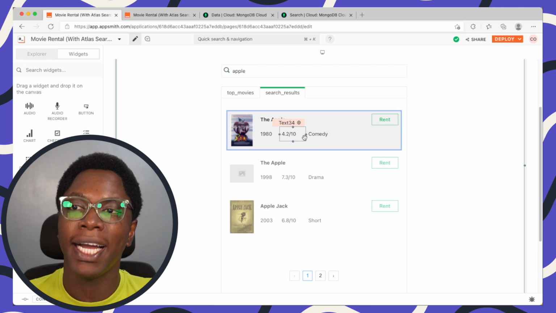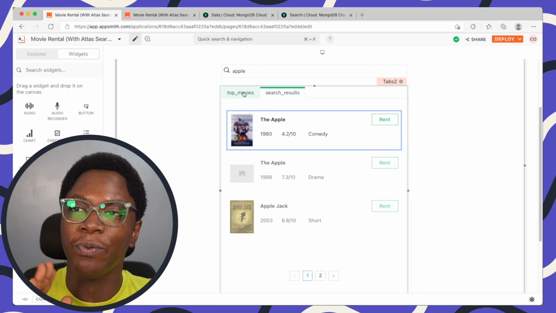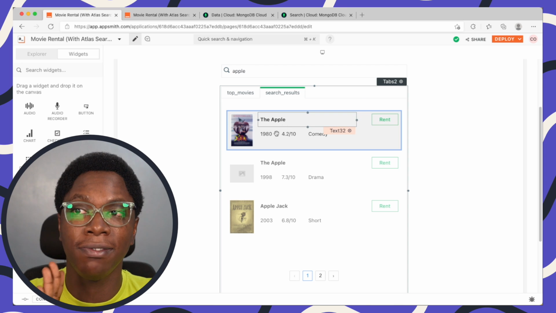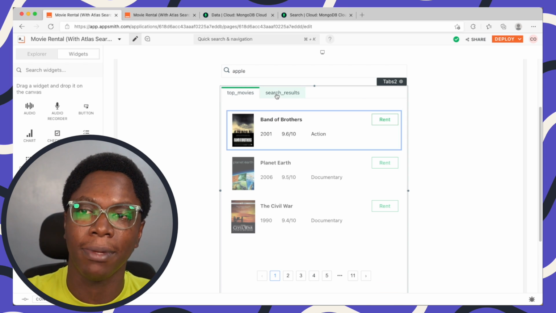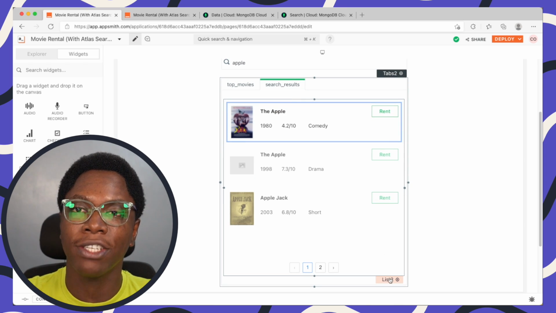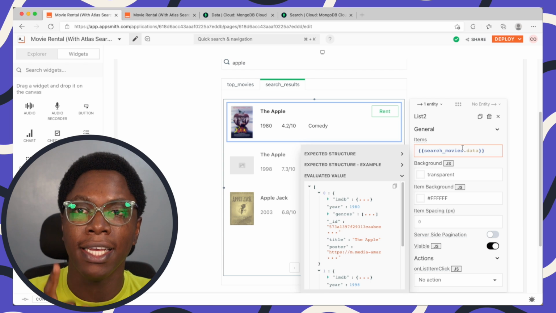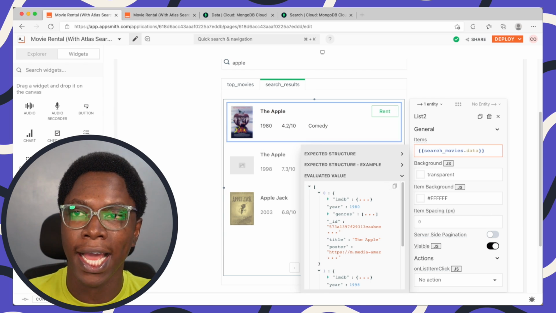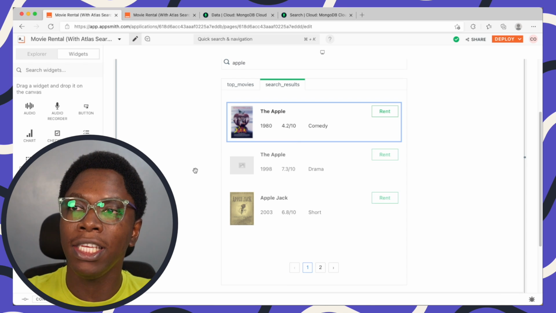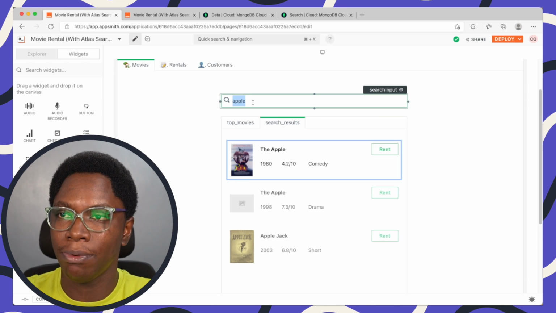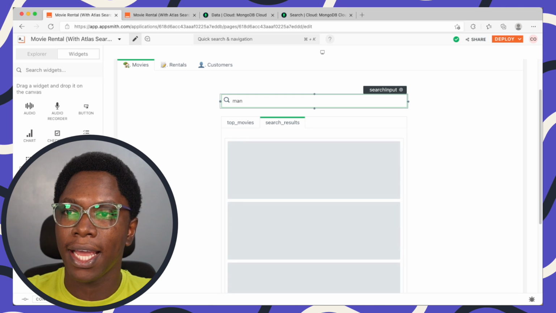All right, so we're back, and as I promised earlier, we have the search results tab, which is very similar to what we have in the top movies tab. So taking a look at what we have here, we're actually displaying data coming from the search movies query, and that is what is displayed in the widgets we have showing up. So we can go in to search for something else, say for example, man,